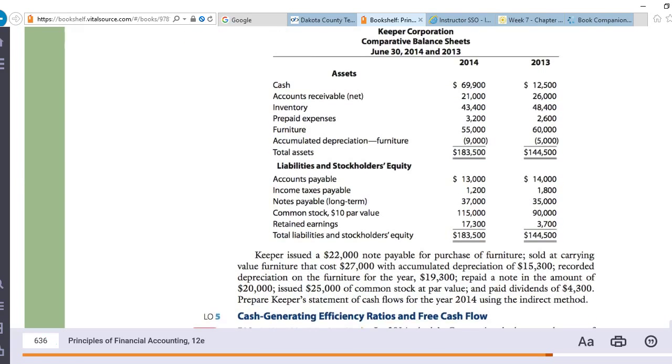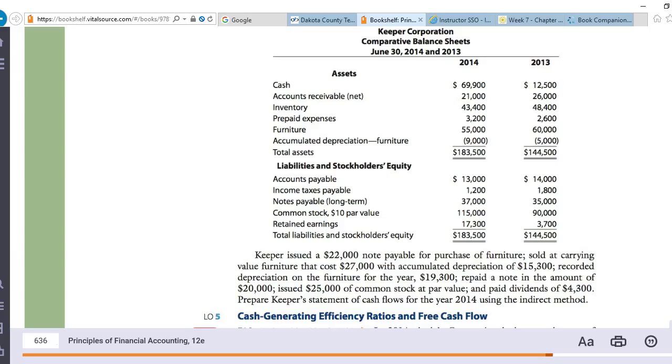Keeper issued a $22,000 note payable for the purchase of furniture, sold at carrying value furniture that cost $27,000 with accumulated depreciation of $15,300, recorded depreciation on the furniture for the year of $19,300, repaid a note in the amount of $20,000, issued $25,000 of common stock at par value, and paid dividends